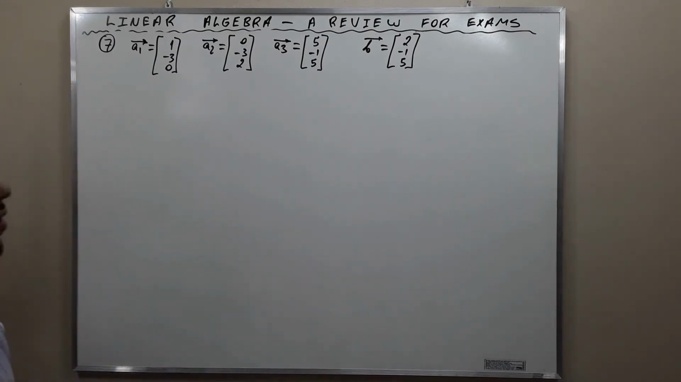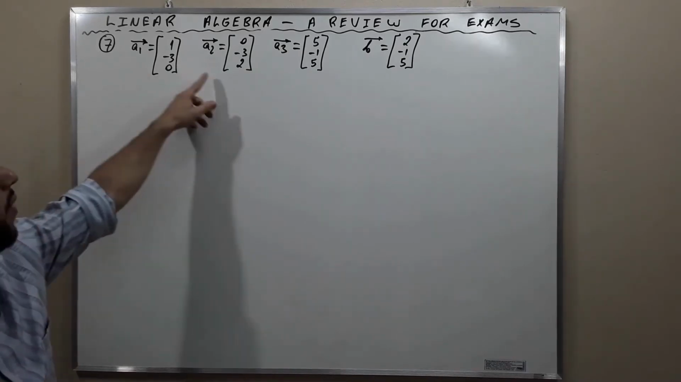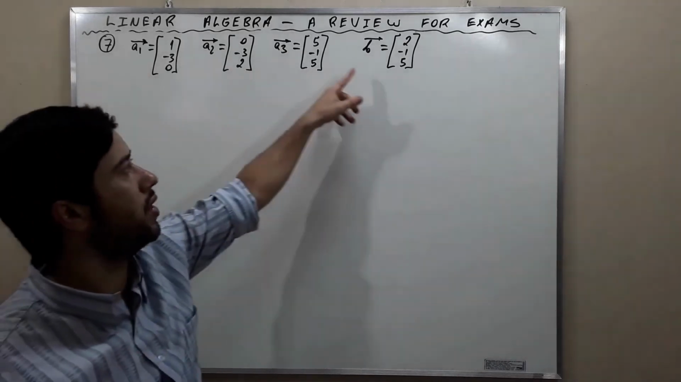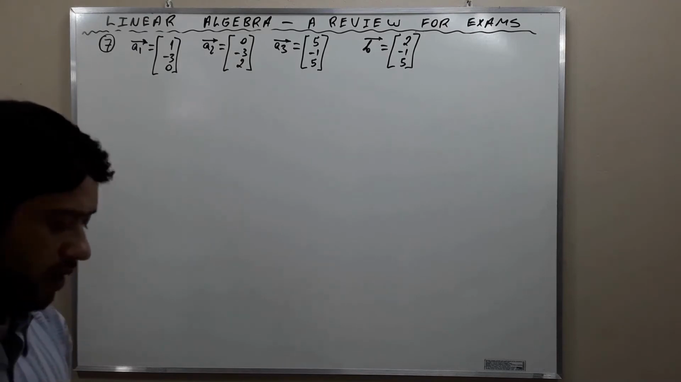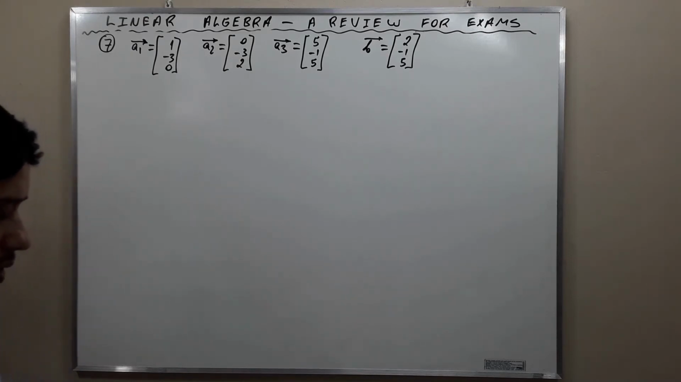Given these vectors, vector a1, vector a2, vector a3, and vector b, determine whether vector b is a linear combination of vectors a1, a2, and a3. Okay, this is what we are going to do. We are going to try to prove whether b is indeed or not a linear combination of the vectors a1, a2, and a3. If vector b is a linear combination of vectors a1, a2, and a3, then we can write it in this fashion: